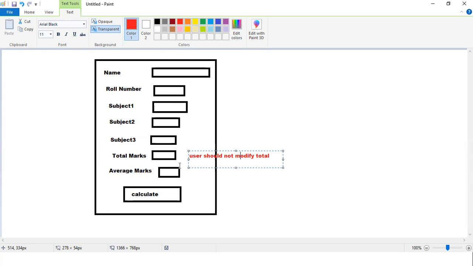Understandable what I said? I want to calculate total and average, but total and average should not be entered by the user. You should not allow it to be edited by the user. It's called non-editable control. It should be, or you call the data is only read only. We can see, read the data, but the user should not modify it there. I want to have this one as a non-editable control there. Okay, any questions? Any questions? Any questions? No, sir. Okay.